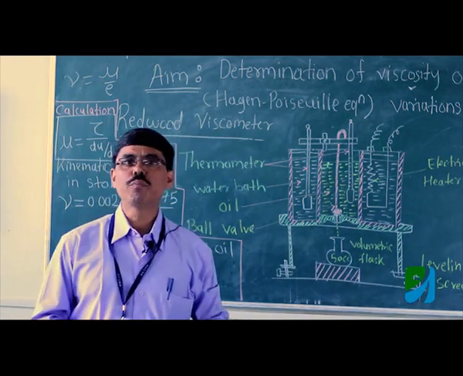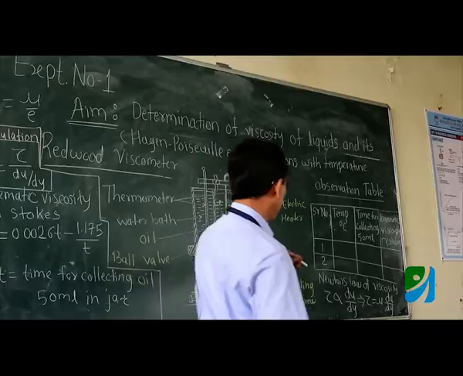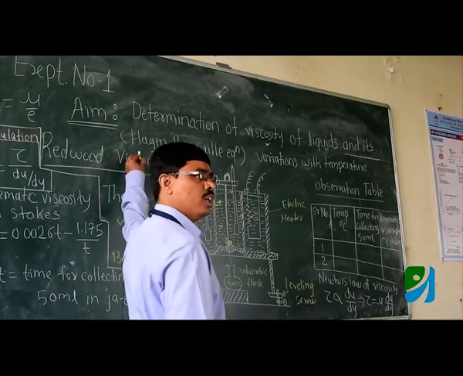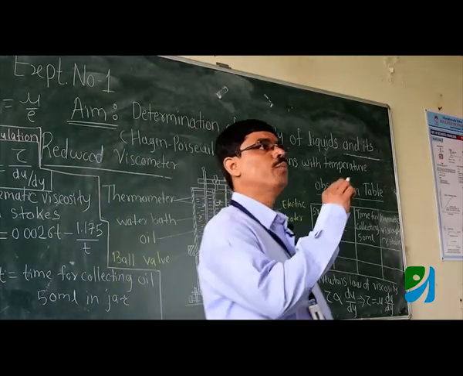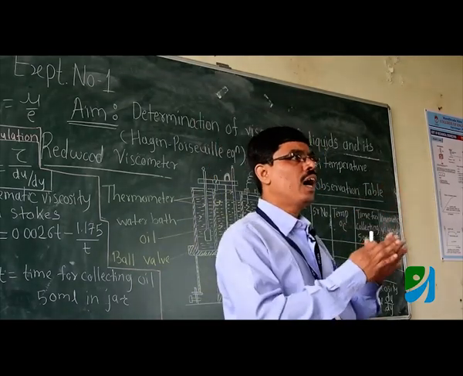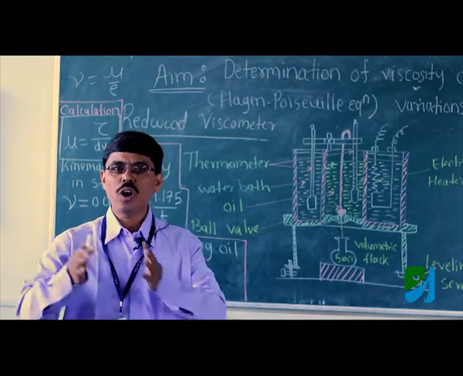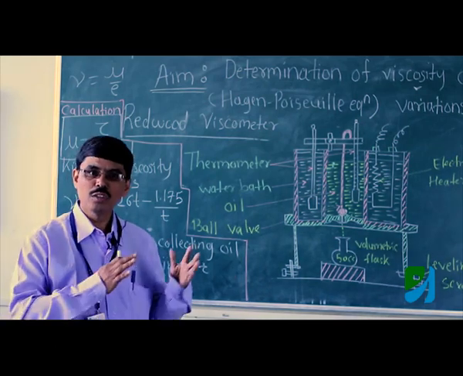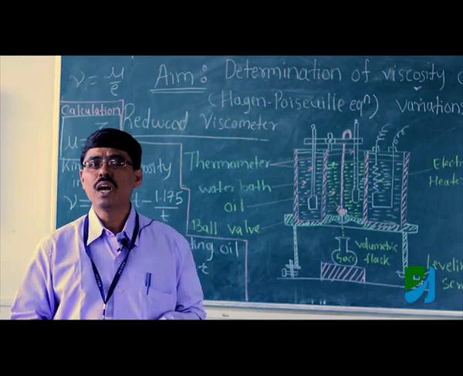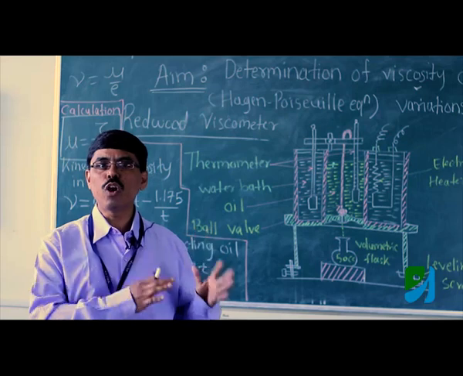So, there are different viscometers. Number one is called a coaxial cylinder viscometer, in which Newton's law of viscosity principle is used, whereas in the second method, that is Hagen-Poiseuille's equation, capillary tube viscometers are used. Under capillary tube viscometers, they have been further modified into better versions like the Seybold viscometer or the Redwood viscometer. And the third method is called the Stokes law method, which is called a falling sphere viscometer.